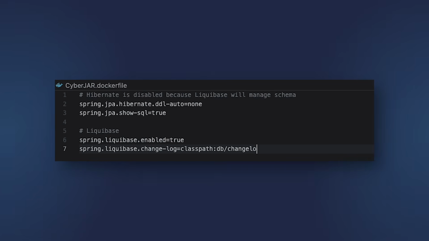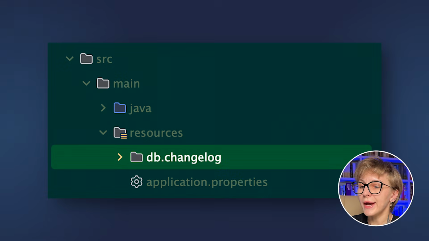Now we are adding two options for Liquibase: Spring Liquibase enable true and Spring Liquibase changelog. And here we point to our master changelog. Class path db changelog, and let's call it db.changelog-master.yaml. Because we added the Liquibase at the project initialization stage, Spring already created for us the directories db and